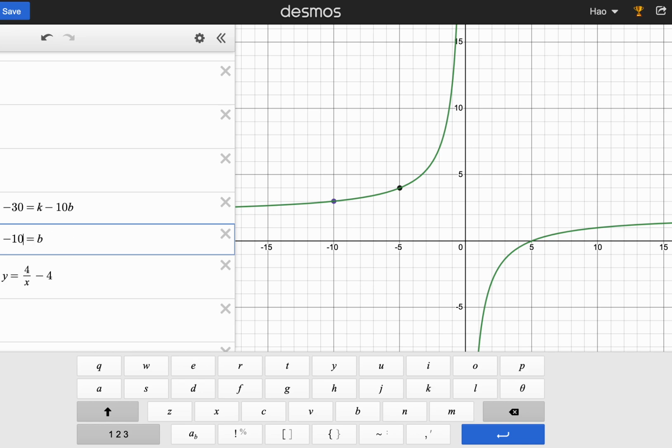So b is -2. If b is -2, we just said that